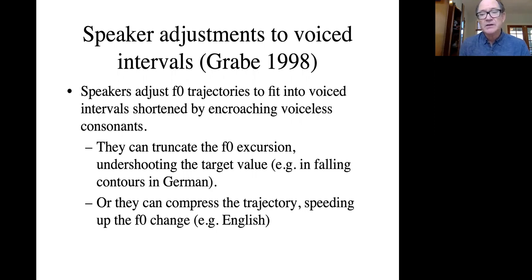F0 can only be perceived in voiced intervals of speech, and when the voiced intervals were shortened by encroaching voiceless consonants or the end of the utterance, she found that some speakers in some languages truncated the F0 trajectory to fit it in, thus undershooting the target, or they sped up the movements, compressed the F0 trajectory so that it